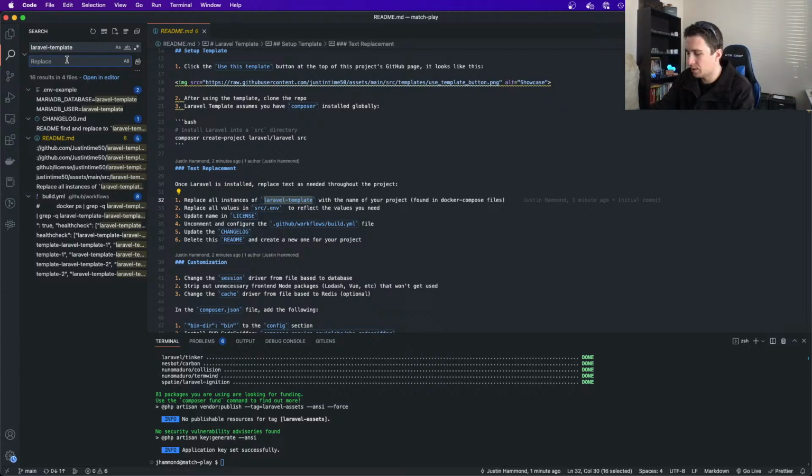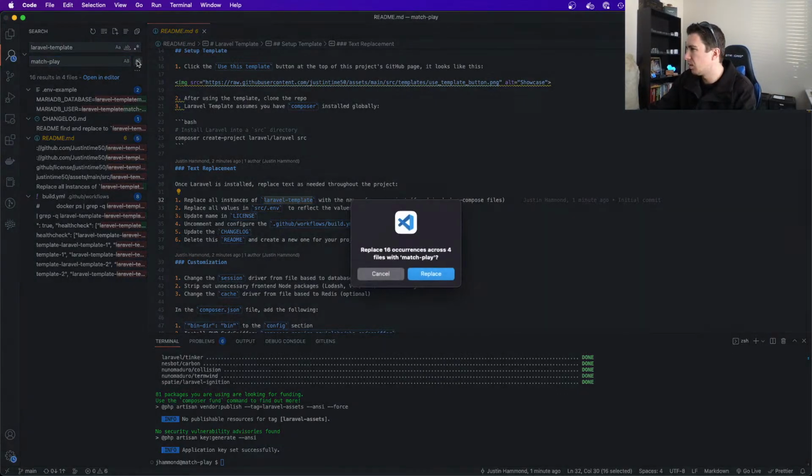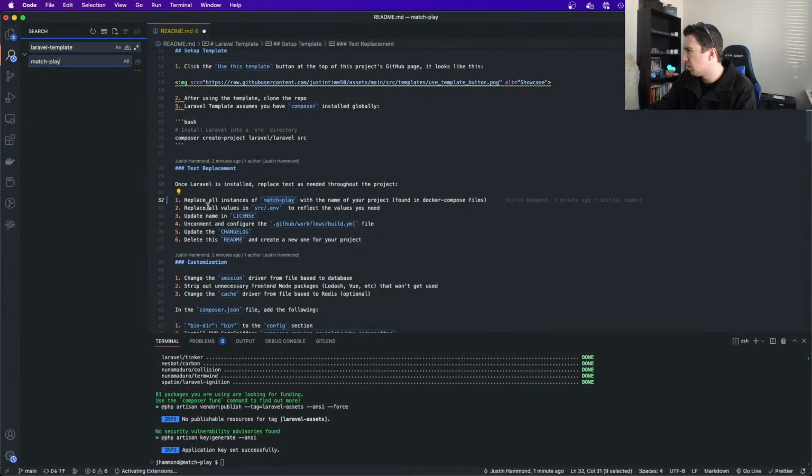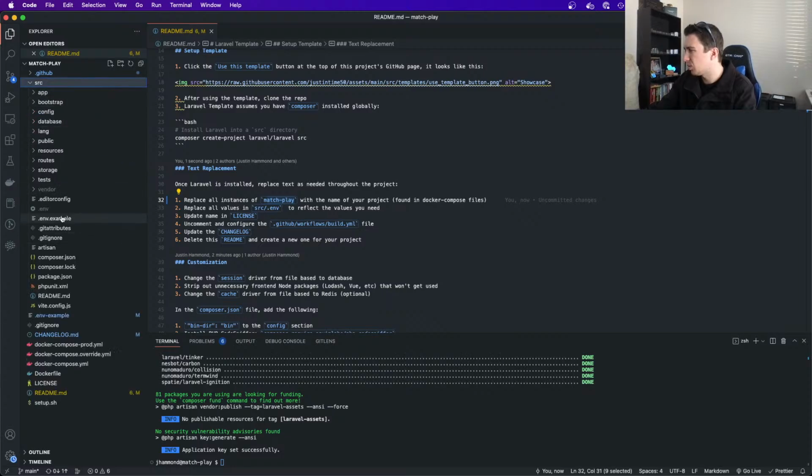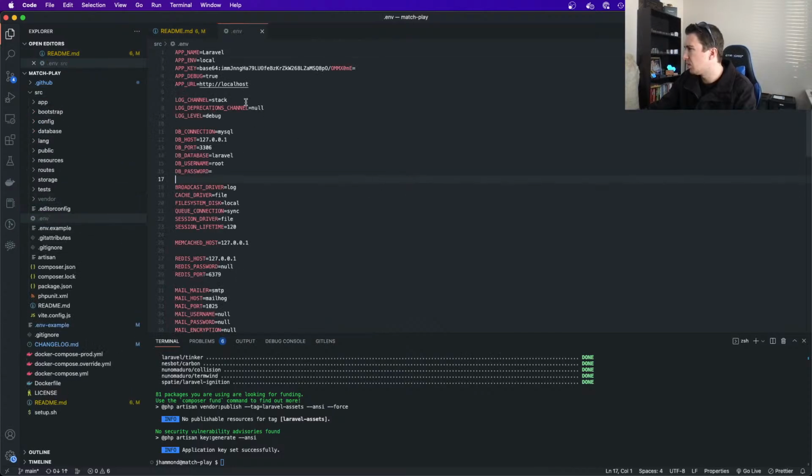So for now, that is match play. Replace all the values in .env to reflect what we need inside of source. So this is going to be match play, local development, debug for now. We don't have a URL quite yet.